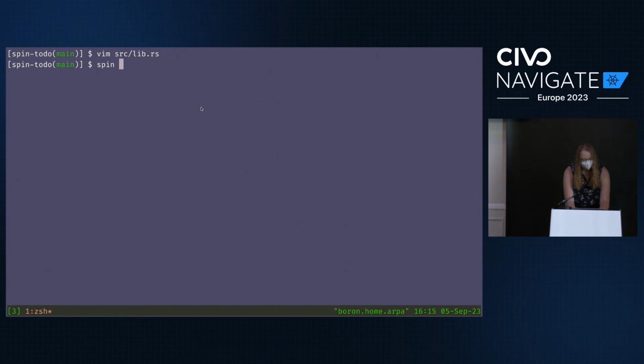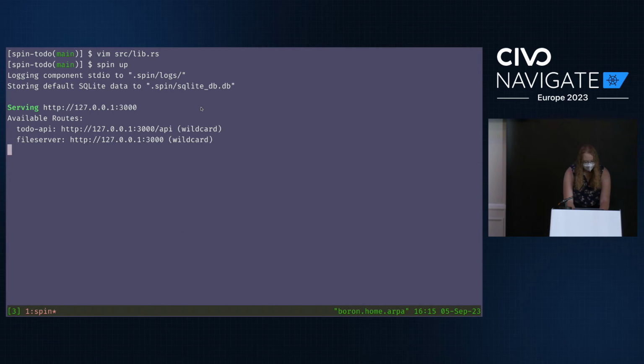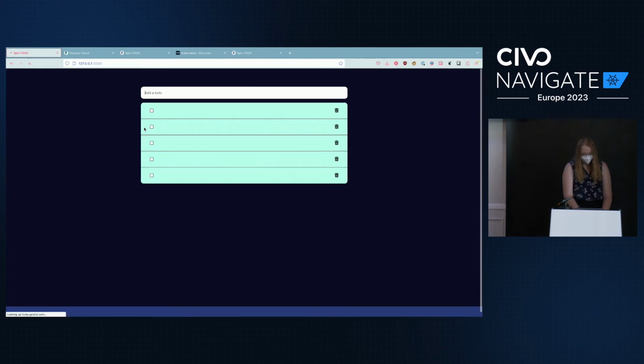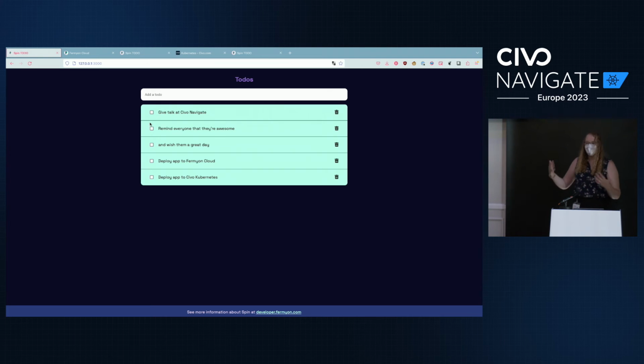So we can run that locally. And we have a static file server for the front end, and then the API being served separately. And if we go here, hey. So give a talk at Civo Navigate. I can't quite mark that as done yet. But I can remind all of you that you're awesome and wish you a very good day. But now,